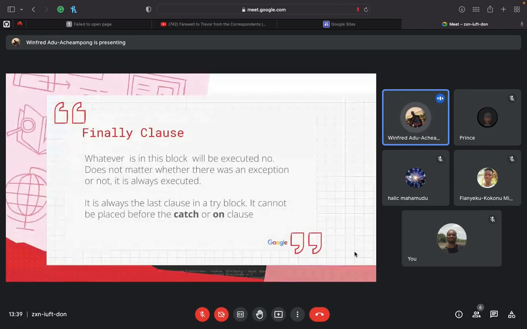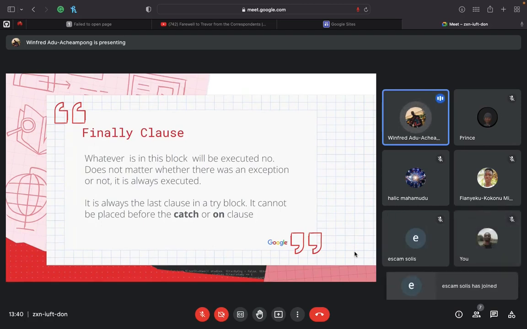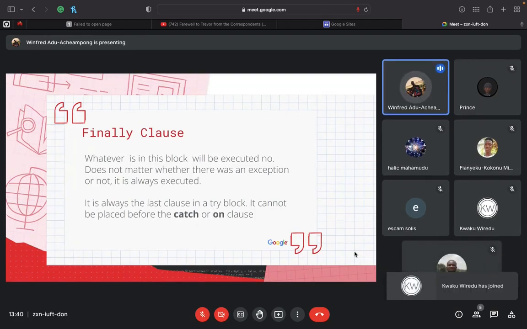Then we move on to the finally clause. We've already talked about it. Whatever is in this block will be executed no matter what, whether there was an exception or not. Note, the finally clause is always the last clause in the try block. It cannot come before the catch or the on clause. The catch and the on clause can be interchanged, but you can't bring the finally clause ahead of the on clause or the catch clause. Like the name suggests, finally, it's like the final thing to do inside